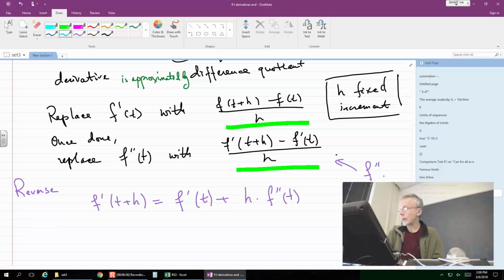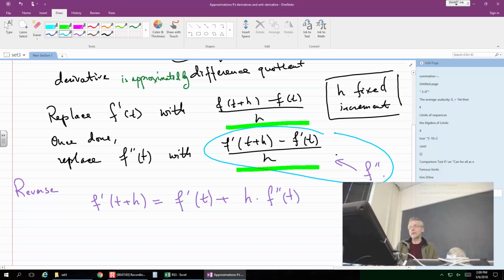Well, this is what I'm looking at. F double prime is approximated by this fraction over there. So if you just solve for f prime of t plus h, this term over here, I will get this formula. It is an incremental formula,